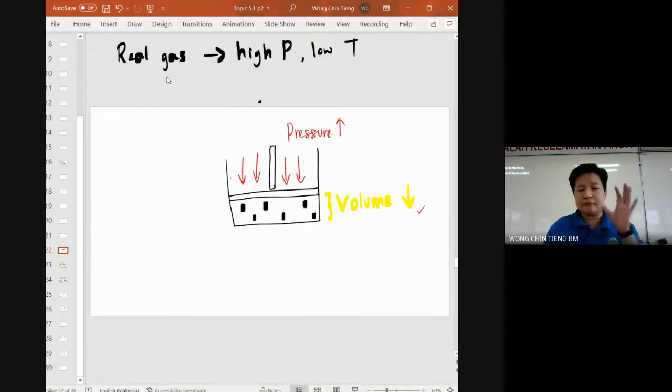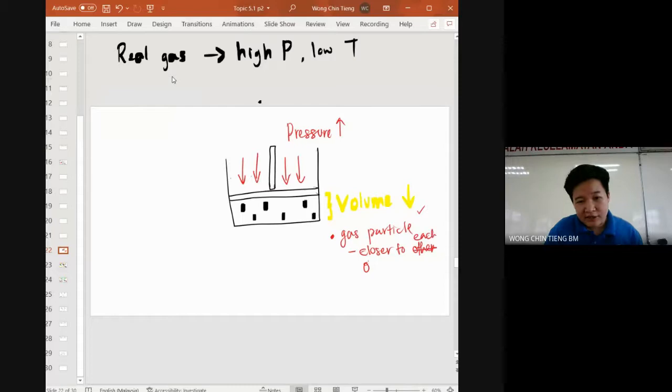Dan bila volume kecil, bila cerita dengan volume, dua benda je. The distance and the empty spaces. Tak ada benda lain. So the volume, okay, we'll definitely talk about the distance. The gas particles, masih cerita pasal gas particle, far apart pula dah. Tada. Closer to each other. Okay. Bila dia adalah closer to each other, what happened to the empty spaces? Empty spaces decrease. Jarak antara diorang, kawasan tempat kosong tu jadi kecil. Kita boleh nampak